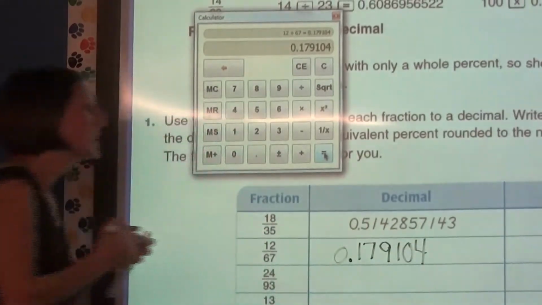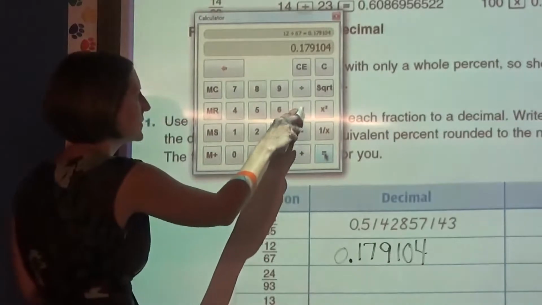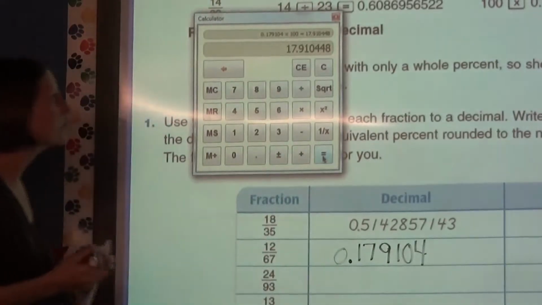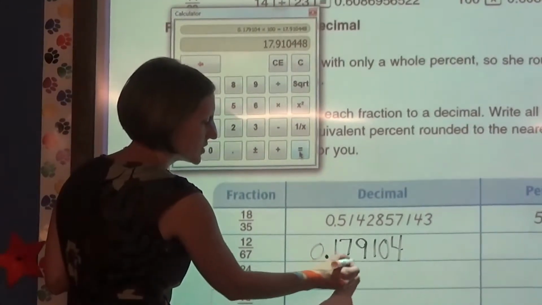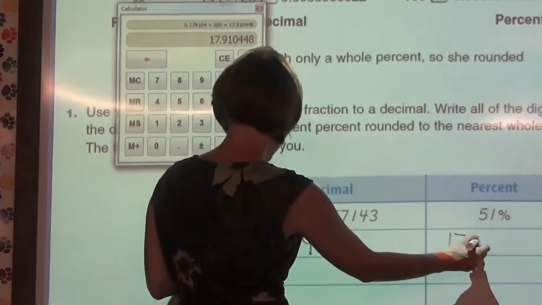179,104. Now, when we changed it to a percent, remember we multiplied by 100. So if you multiply by 100, now I have 17 and then a decimal. So if you notice, my decimal place just moved over 2 spaces. So 17, and then I have